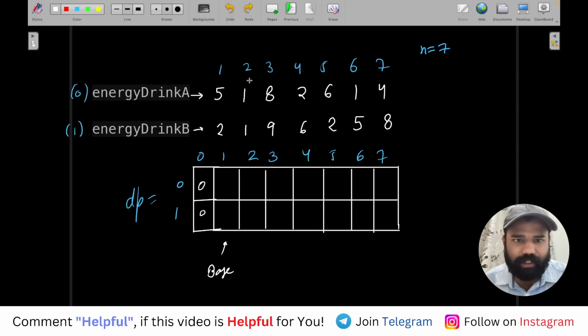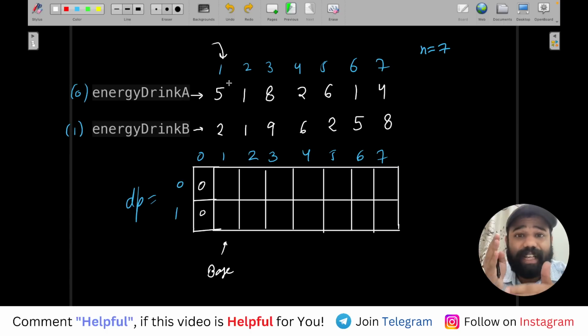Okay. See, when you are at this particular R, you have 4 options. Let's first consider the first drink option. एक ऑप्शन क्या है कि आप इस ड्रिंक को ले लो. So if you will take this drink, this 0th drink at the first hour, तो आपको कितनी एनर्जी मिलेगी? How much energy you will get? You will get energy 5, if you will take this drink at the first hour,